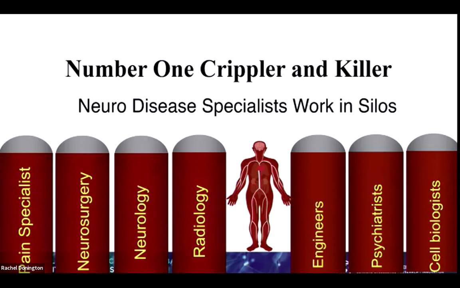And really, unfortunately, the fact that it's the number one crippler and killer, we work in silos. I would bring this out to all of healthcare, but particularly in neurosciences, one of our biggest crutches is that we work in silos. We don't communicate with each other. And I can tell you, most of you out there, and certainly if you're in an academic institution, most people don't even talk to colleagues where they're seeing the same patients on a weekly basis, but they're not communicating. They don't know what studies were done, what the plans were.